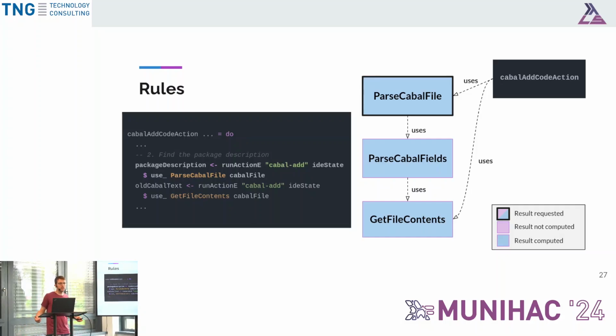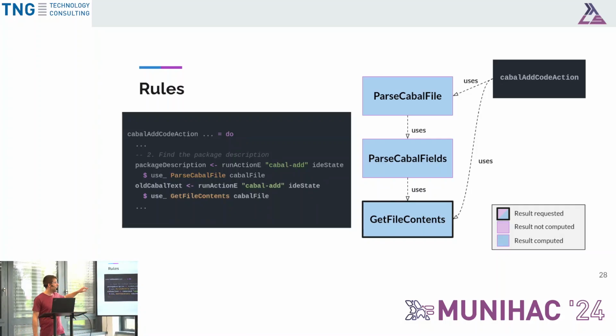Now the interesting part comes when we try to run this second computation, when we say, okay, I want to know the original sources, or like I want to know the sources of that cabal file. And when we take a look at the build graph, then we realize, okay, great, a result has already been computed. We check the dependencies of get file contents, whether any of the dependencies are marked as dirty, so that we might need to recompute